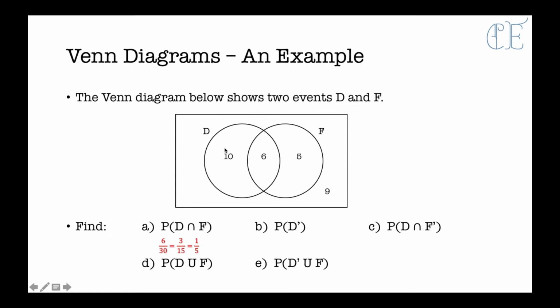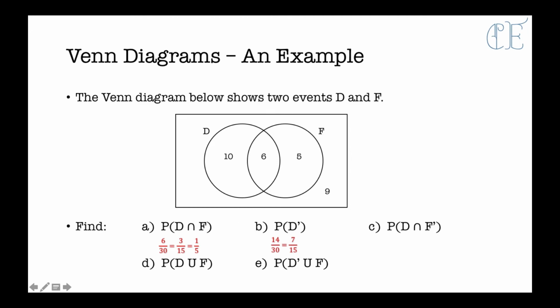There are altogether 30, this all adds up to 30. So the probability of choosing D and F is going to be 6 out of 30. We can cancel that down to 3 over 15 and then 1/5. On this next one, you've got the probability of not D. Well, the probability of not D is basically anything other than